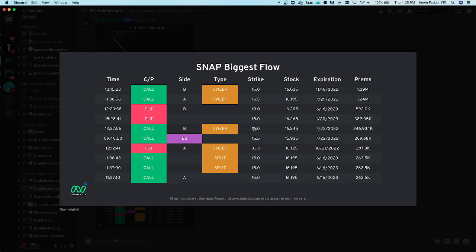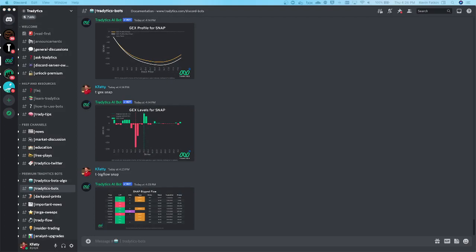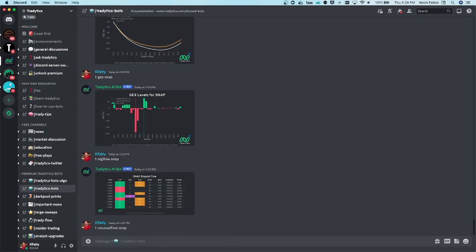This call selling below the 16 strike is definitely a bearish sign. So it seems like the big flow here, people are thinking that it's going to stay below $15 to $16. So again, we'll make that a 5 for 5. And then if we look at the unusual flow for SNAP,